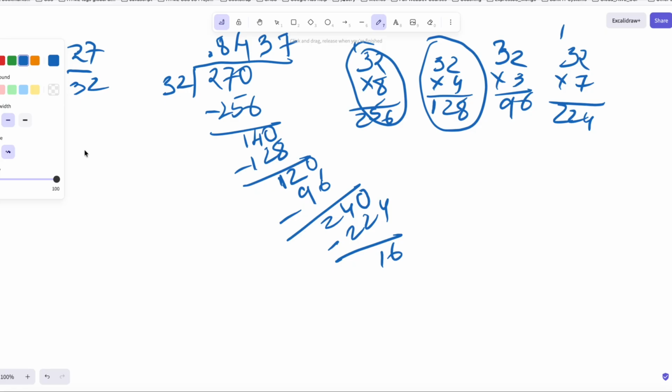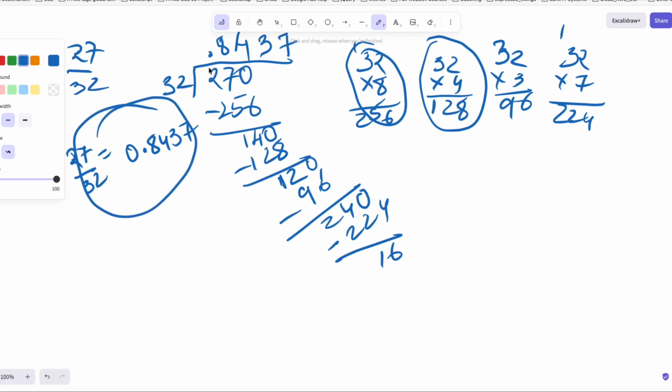So what is 27 divided by 32 equal to? 0.8437. Okay. Now, if your school wants you to go higher, to add a couple more digits, you could keep going. You could come here. You could give yourself another free zero, like so, and you could see that 32 times